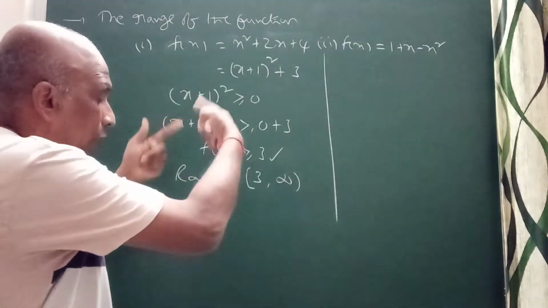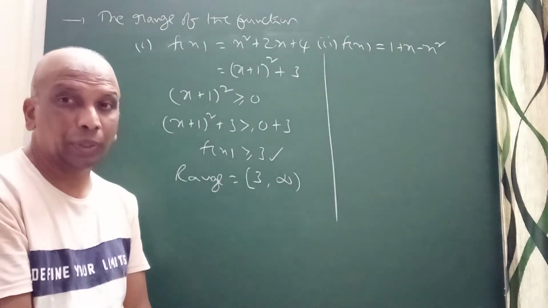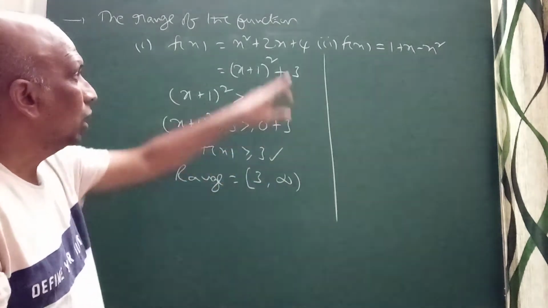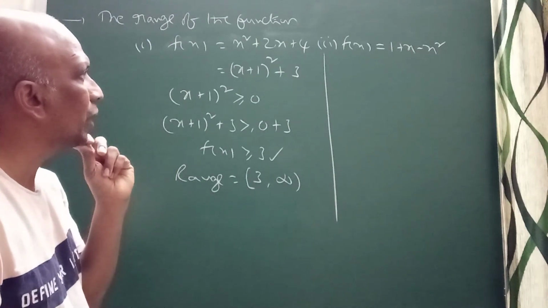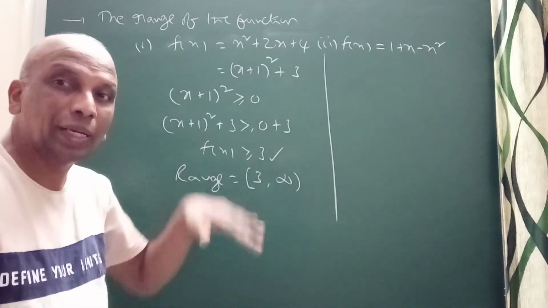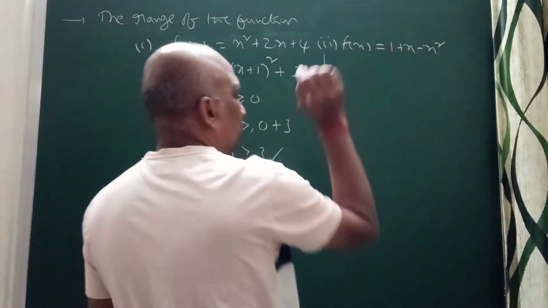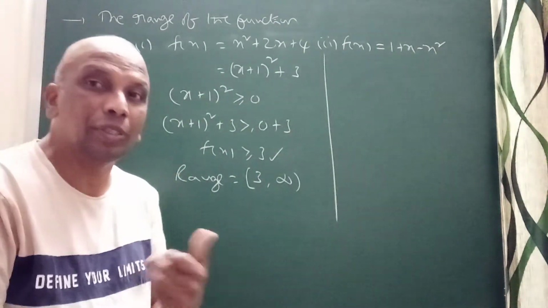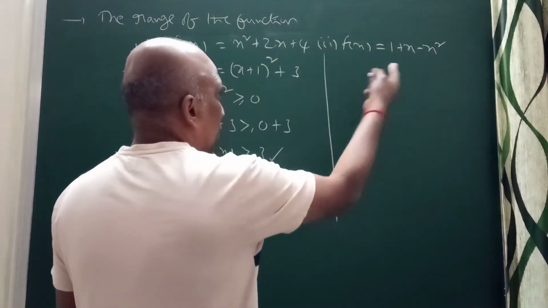The parabola is an upward parabola, so the value will be 3 comma infinity. No doubt in that. Because here you can see x squared plus 2x plus 4, the discriminant b square minus 4ac is negative, 16 minus... The upward parabola will be above the x-axis, more than 3. 3 comma infinity. If you do this one, I can explain the perfect square method or I can do the differentiation method. I will tell you both methods, so try to learn that method also.